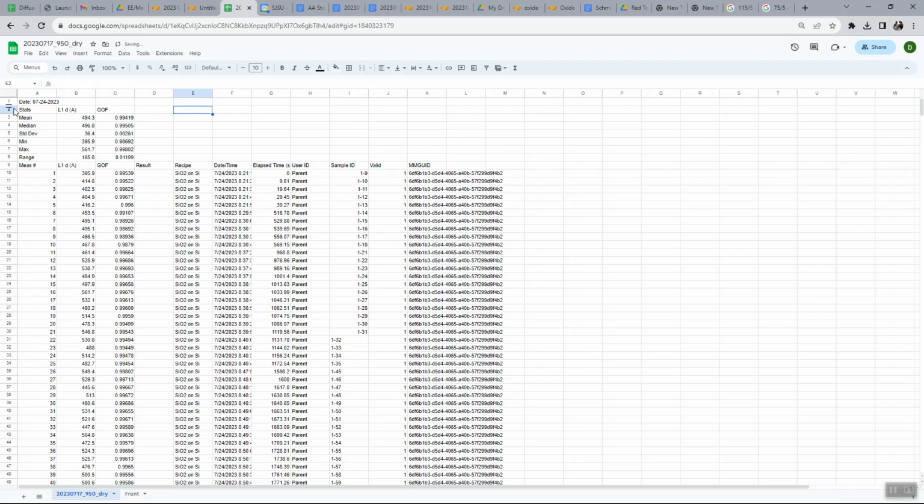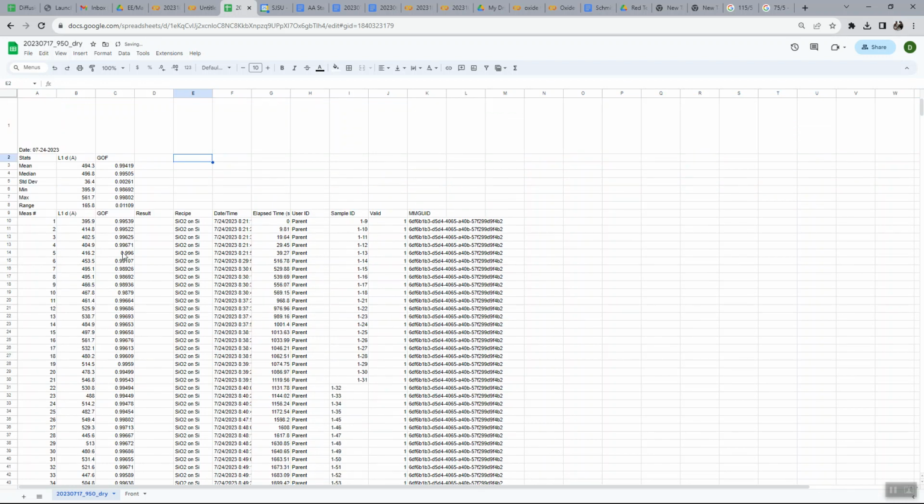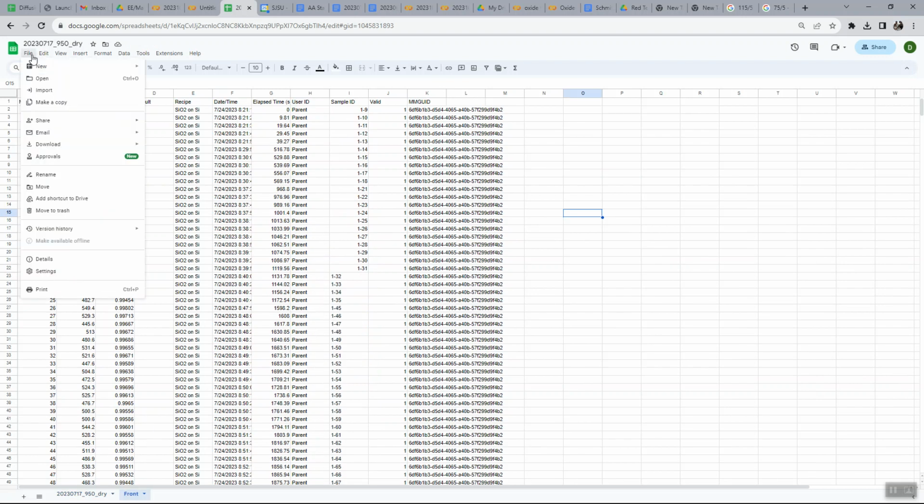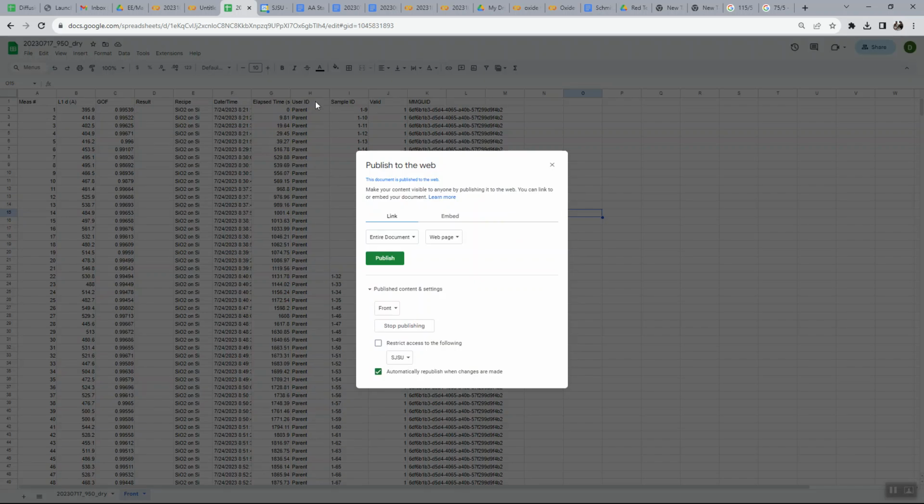Now, I could try to write my Python code to delete that and then go here, but I find it just easier to cut and paste it into something called Fronted, and then I share, publish to the web, entire document, comments, separate value. This isn't sensitive data, so I let anybody have it. And when I publish,